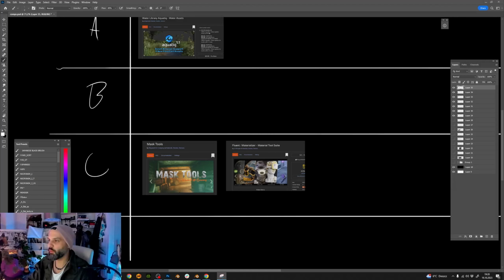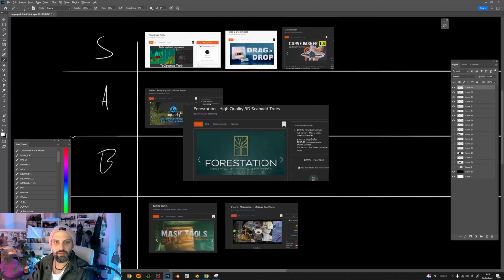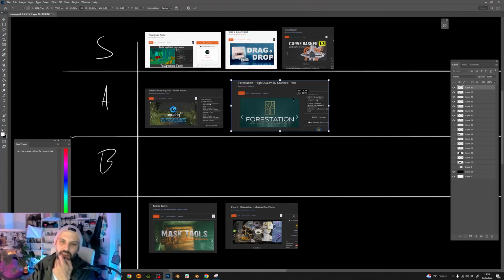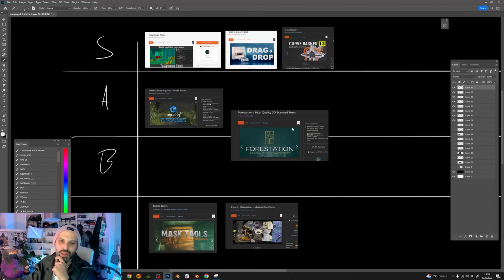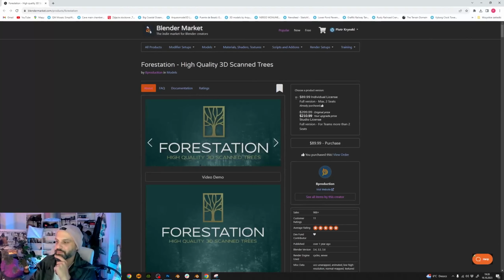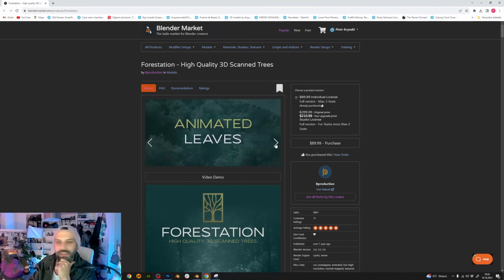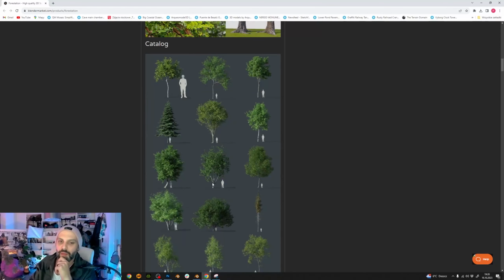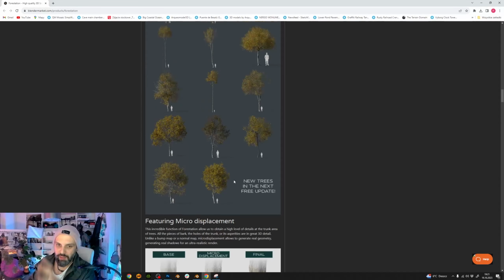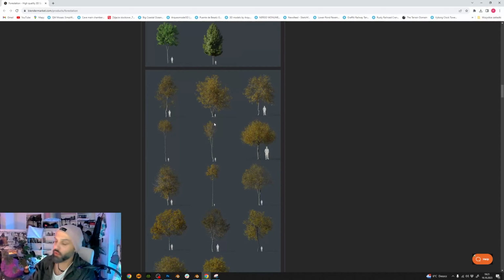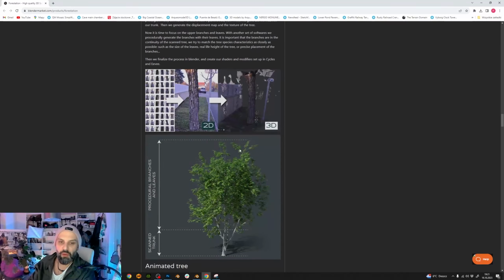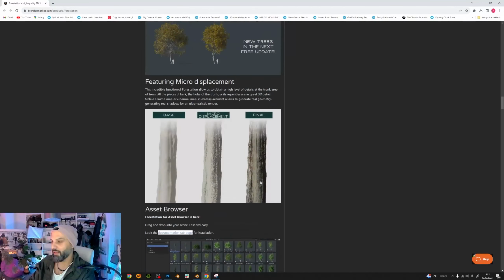Let's talk about plants quickly. Forestation. I'm thinking about A and B tier, because what I love about this add-on is it's a bunch of trees, 50 scanned trees, and each time you spawn a tree, it will spawn a different variation of it. Meaning, if I spawn this tree and then spawn the same tree again, it will feel slightly different. So it's a great way to avoid repetition. You can also change the leaves to autumn and tweak the colors. The reason I'm not putting it in S tier is because